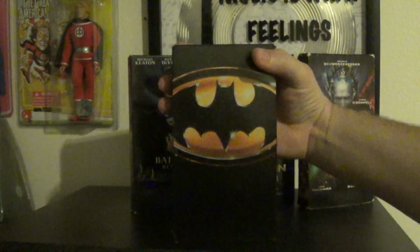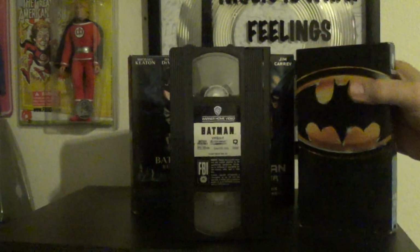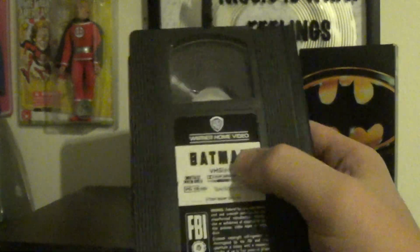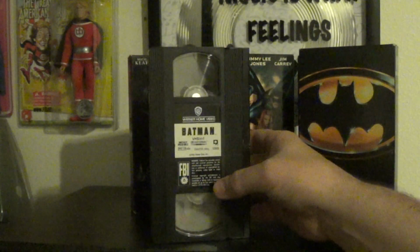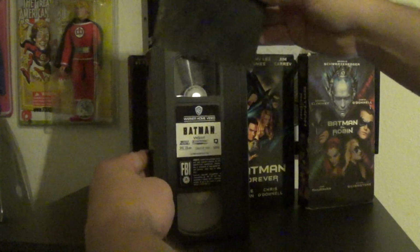But let's lift it up. And there's the cassette. As you can see, it's got a sticker on it, and it's one of the first stickers to have the actual font close to resembling the theme of the movie. Not many were like that before that, or even after that. A few movies, I believe, did do it. But anyway,